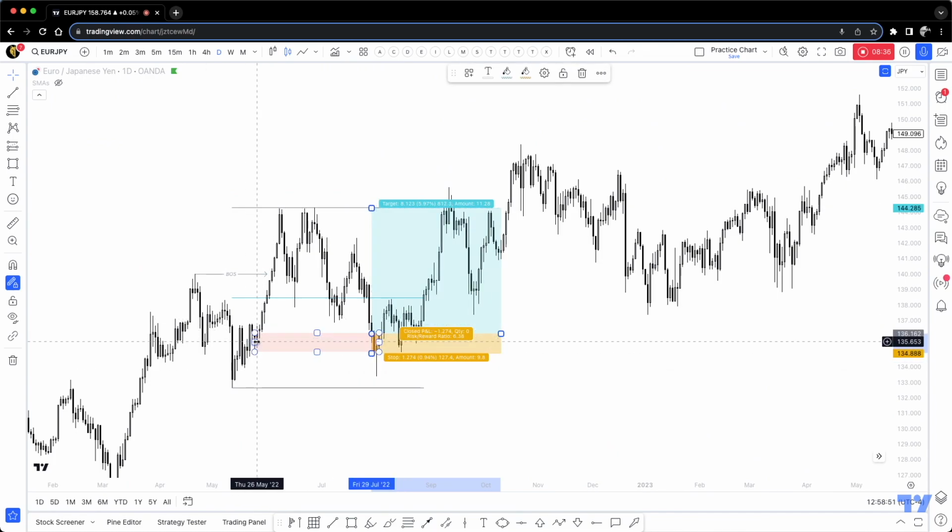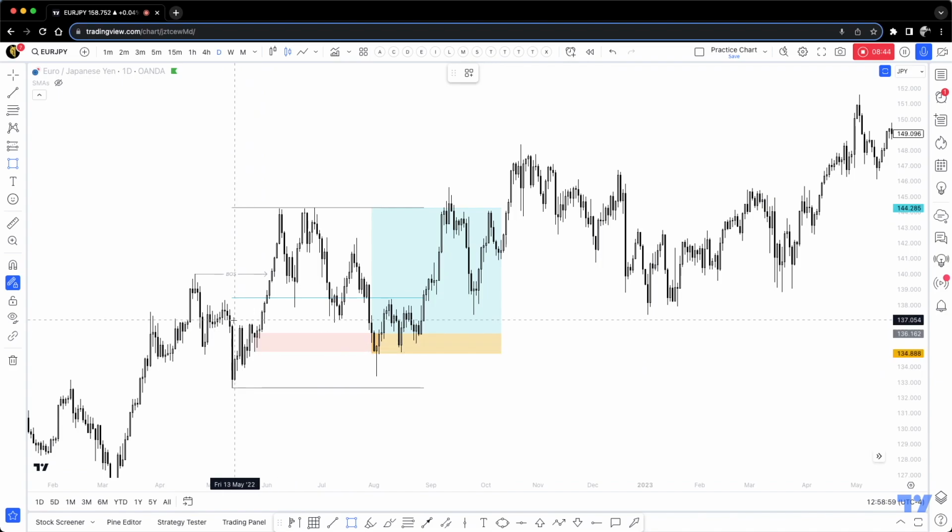I would have taken this one for sure because it's the cleanest one I see. I would not be taking this one. I would not be marking up my order block right here, or taking this entire big candle right there, because I don't know, right? I'm not a wizard. How would you say this is the actual order block when you have more momentum right here, more candles inside this sort of messy thing? Very ugly, right? Anyways, it stops you out before hitting your target. This is going to happen, okay?